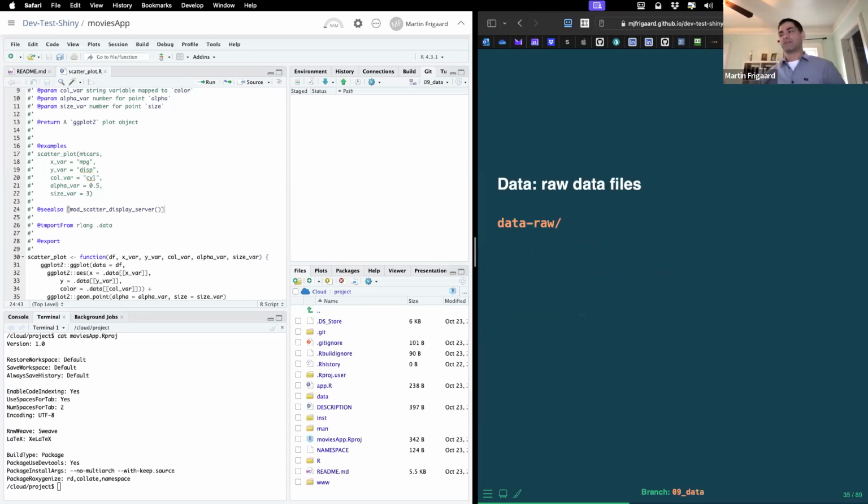Data raw is actually not a standard R package folder. It's just become standard convention to store any scripts or intermediate data files used to generate your package data in data raw. If you're following the usethis development workflow